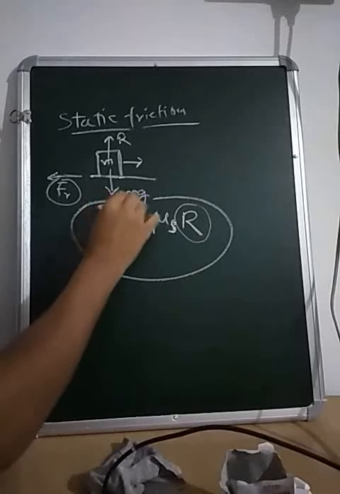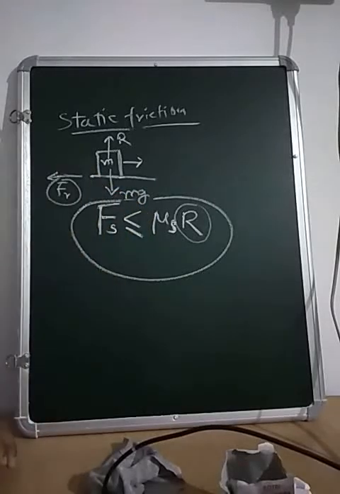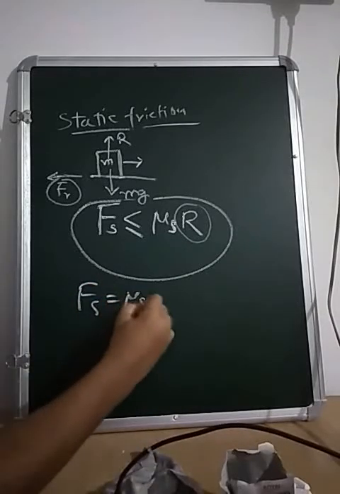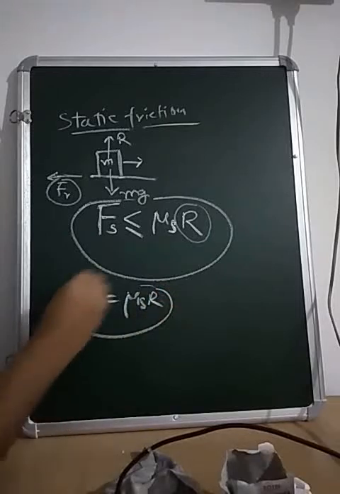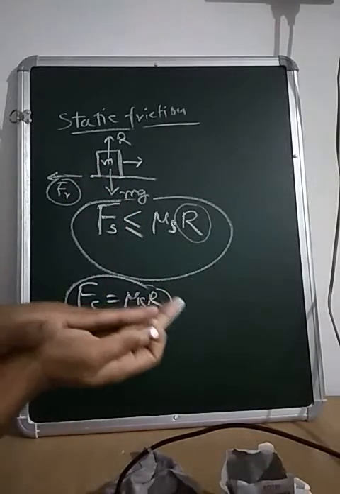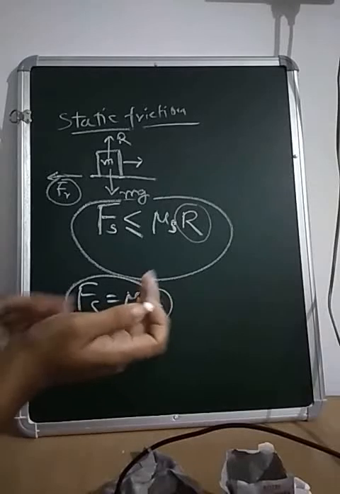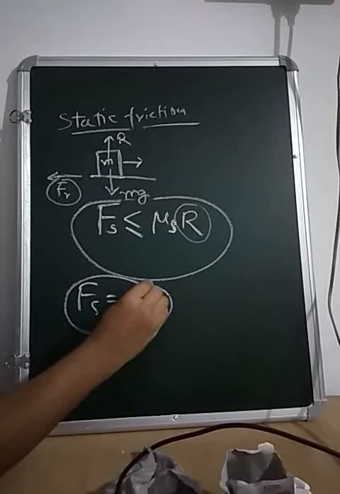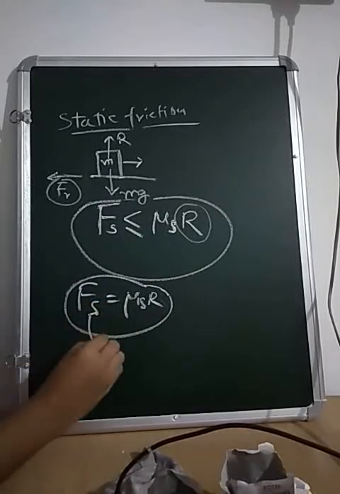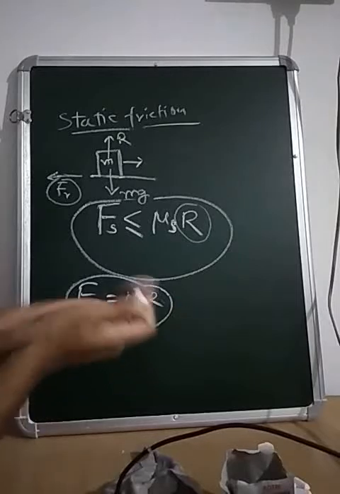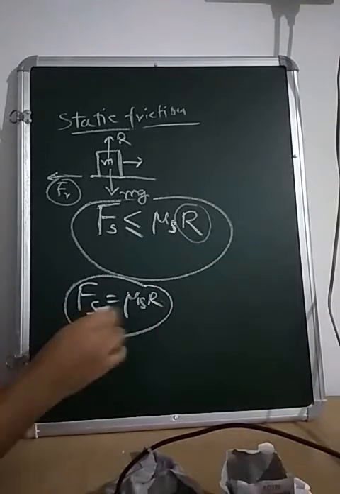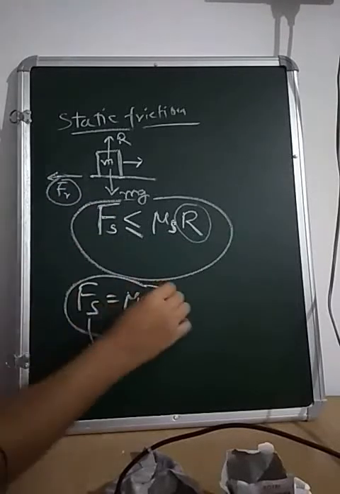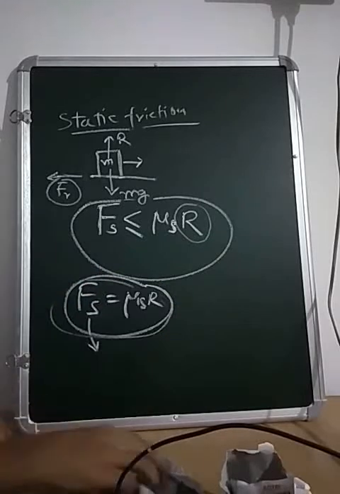Okay, this is the range of static frictional force. Okay, so I'm discussing the limiting case. Okay, F is equal to mu s into R. This is the case when the box starts sliding over the surface. When a body starts sliding over the surface, at that time the required force, the force required to slide the box over the surface, is called the limit of static frictional force. So mainly when we discuss static friction, we discuss the limiting case. That's equal to mu s into R.